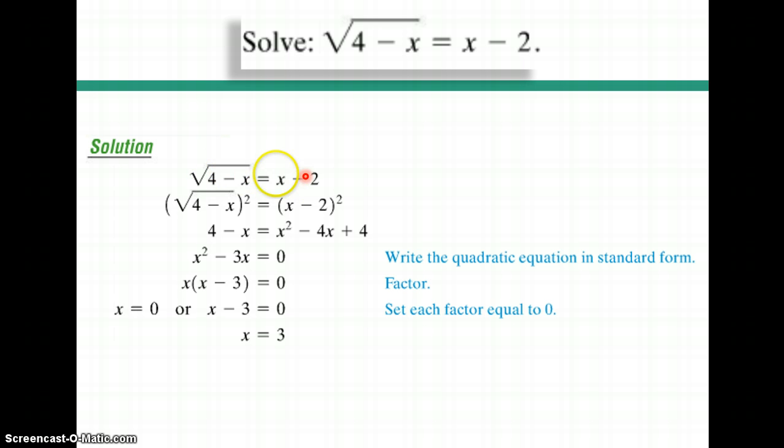To solve this radical equation, we have to eliminate the radical. Because the index of the radical is 2, raise power 2 to both sides of the equation. So by power rule, we have 4 minus x equal to, and using the